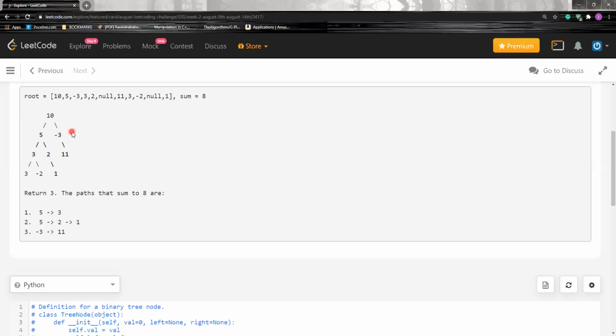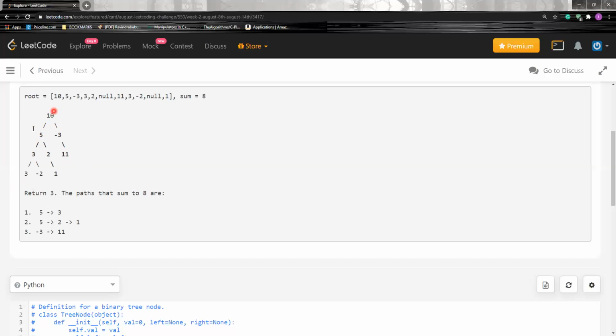It is not equal to 8, so now go down further. 7 plus 11 is equal to 18. 18 is not equal to 8. So we have not found the value 8 in this edge, which is 3, 3, 5, 10, minus 3, 11. We have not found the sum 8 with the nodes present in this edge. So after finishing the case, we should go down further, but we should make 5 the root node, and we should check whether sum 8 is possible in this tree.